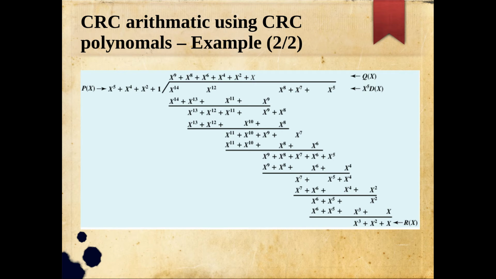So just look at the question. 90% of the time they will be asking for the normal binary, or they will not give any restriction. Even though something is given in polynomial form, you can convert back into binary, and you can do just like what we did in part 7 if you are comfortable with that. Otherwise you can proceed in this way. But if in the question they are clearly saying that you have to perform the CRC division, and everything you have to consider as a CRC polynomial, then you have to do the process like this. But always you can keep the other process in your mind, and accordingly you can execute this. So hope this is also clear for you.